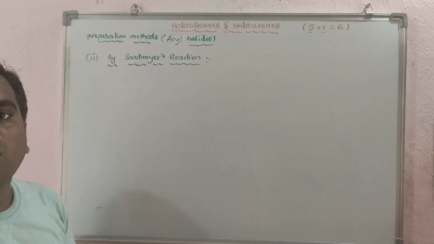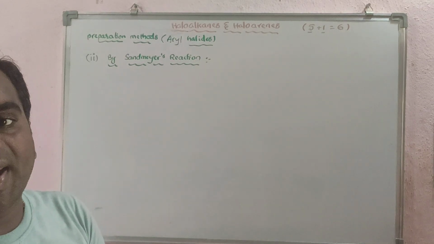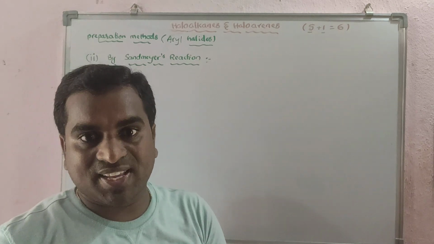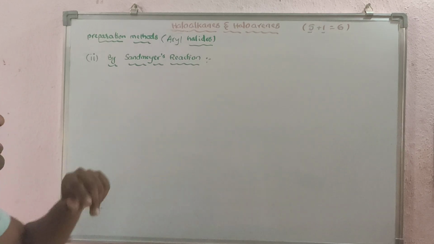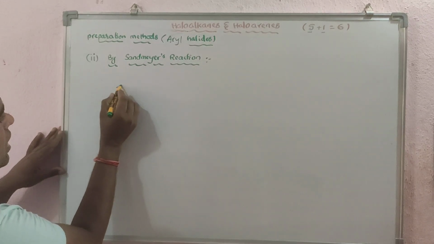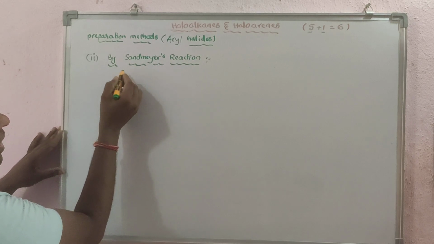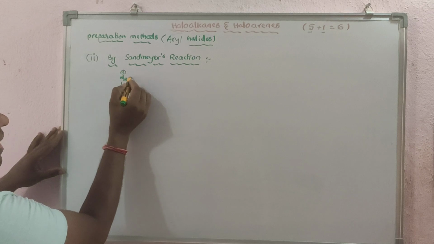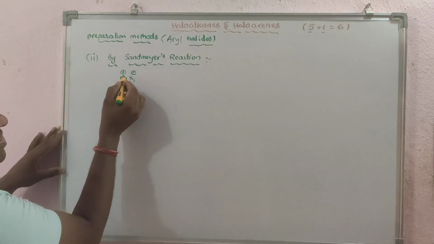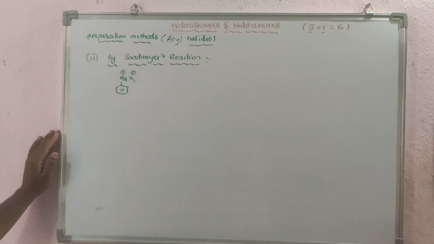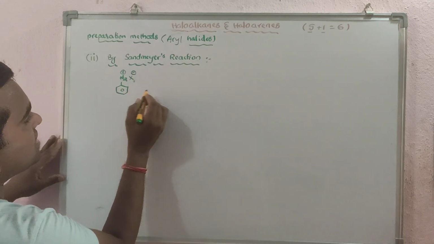In presence of cuprous halides, dissolved in respective halogen acids, it produces aryl halides. Okay? See what is that one? Benzene diazonium halides. This is benzene. If N2 is there, we will call it diazo, plus X minus. This we will call benzene diazonium salt. Benzene diazonium halides. Clear? And it is treated with